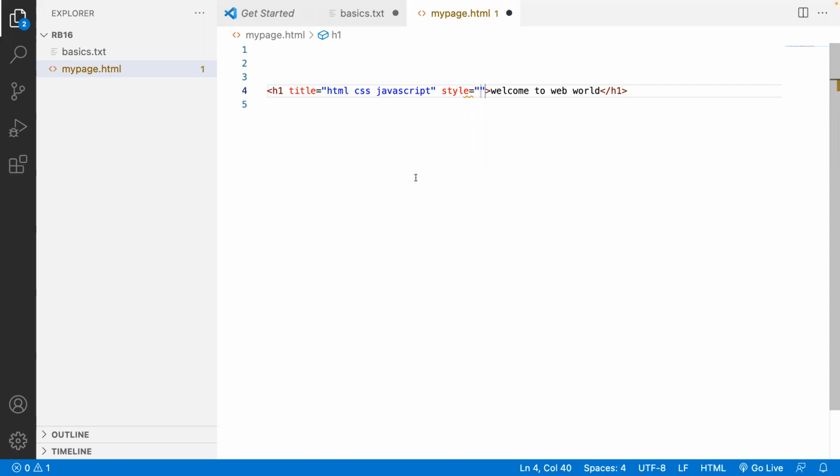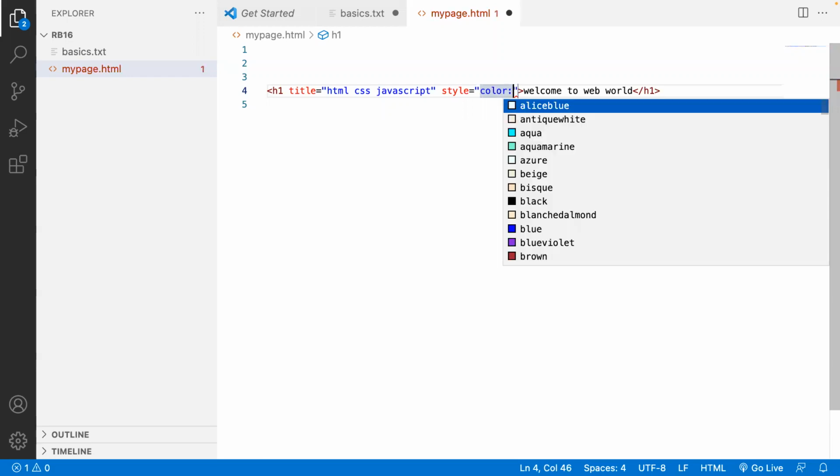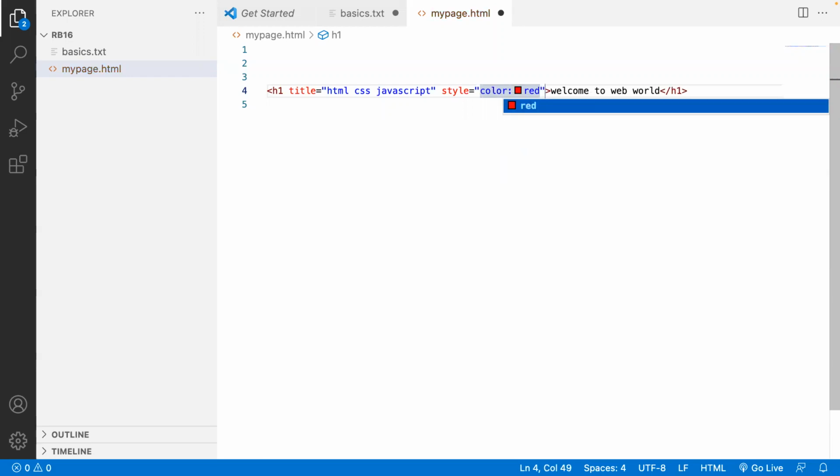So many things are there, right? They're all called properties. So a style will be expressed in different properties. Here in the style, I can have a property that is color as red. So a property can be given with a value, and property and value will be separated by a colon.